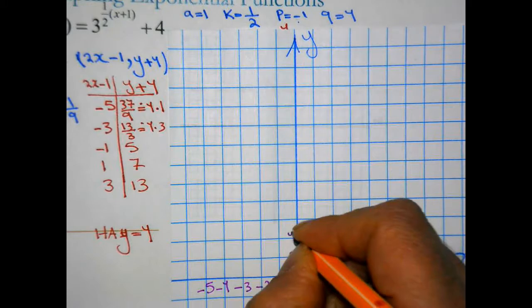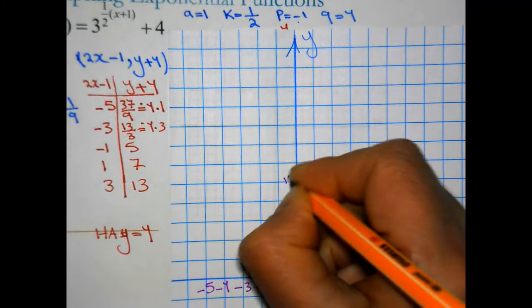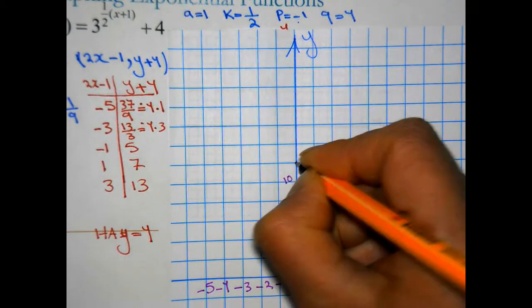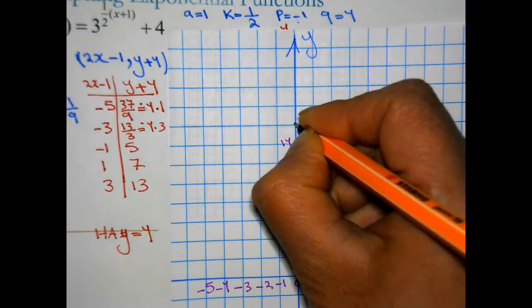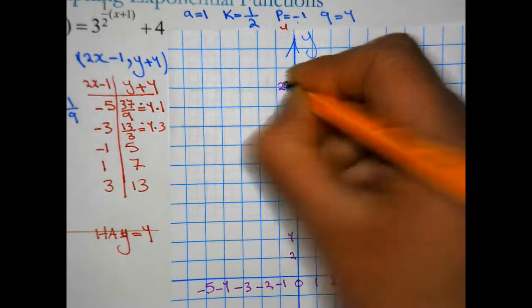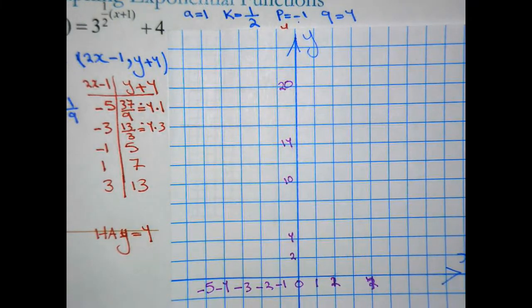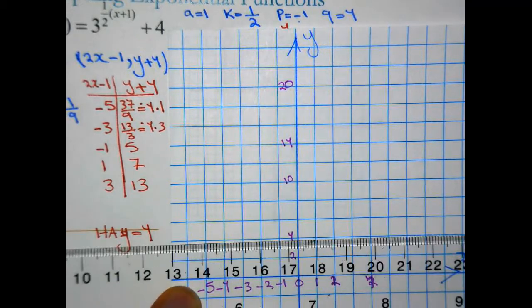So 2, 4, 6, 8, 10, 12, 14, 16, 18, and 20. Now, as I said before, I'm going to start by drawing the horizontal asymptote, which is